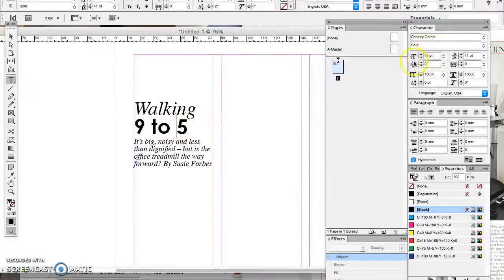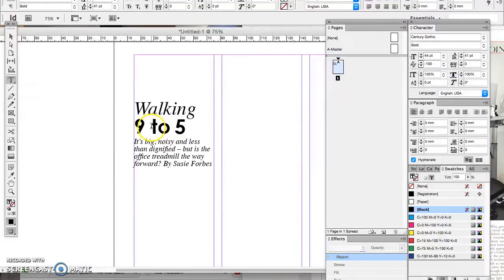And if you go to your character panel just up here, you've got this icon that has the A and the V with the two arrows between it, just indicating that this is the way to reduce or increase space. Now you can use just the up and down arrows, so we want to reduce that. So you just click on that to reduce it, or you can use this drop down menu that gives you increments of 5 and 10 depending on how much you want reduced. So let's give it about a -100